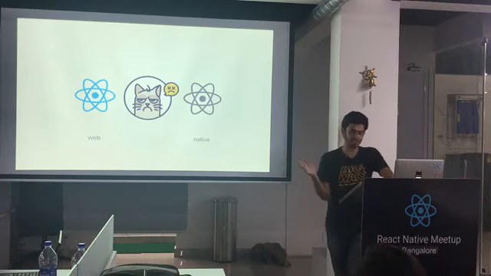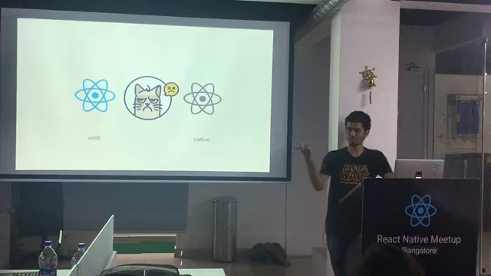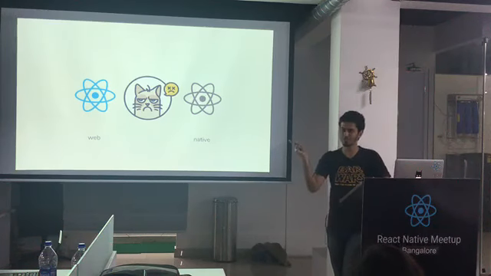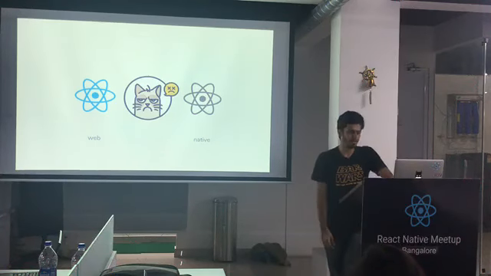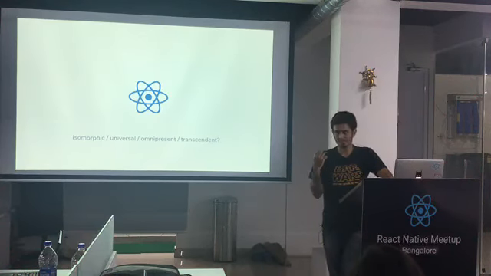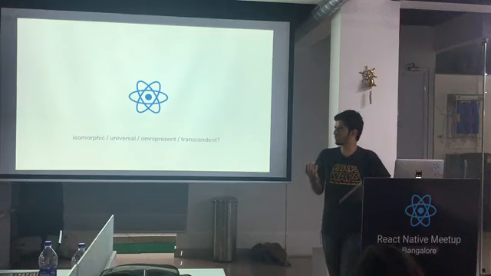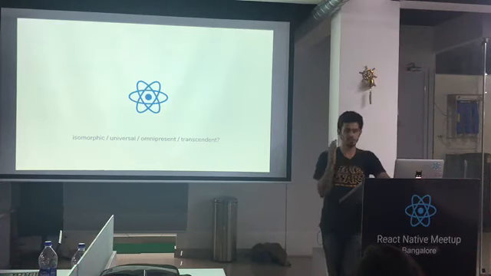I don't want two stacks, and then every time my designer says, can we make this button blue instead of green, I have to go to two code bases and submit a PR, all of that, right? I want one code base, I want the same flow. So that's the basic fundamental of this talk, that we want one code base which will power both native and